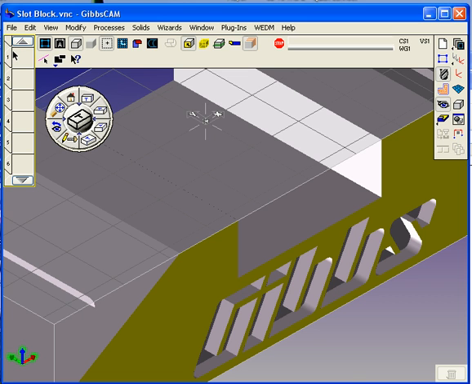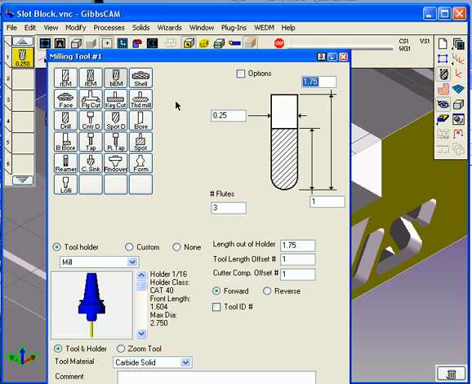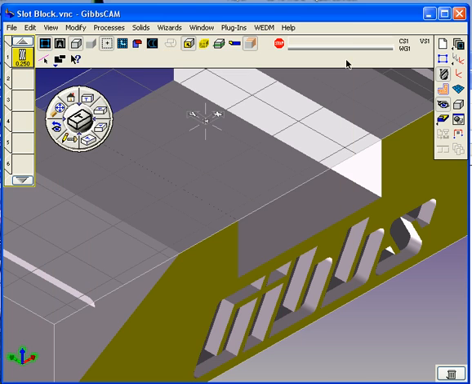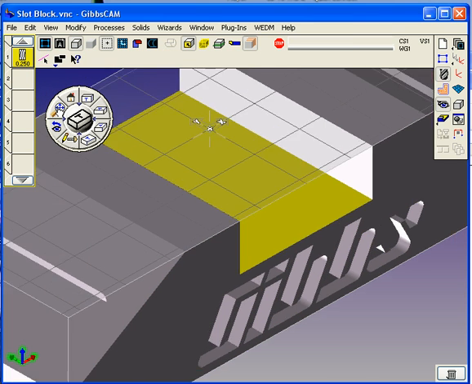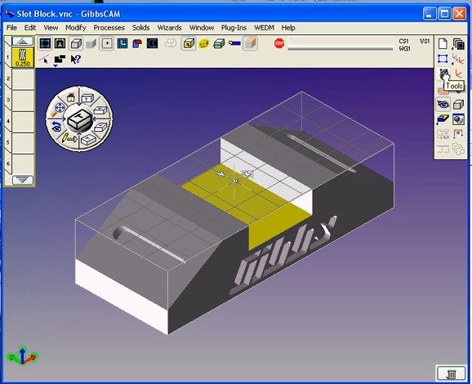So let's go make ourselves a tool. Let's just go with a 1/4 inch finish mill here. I'm going to call it a finisher carbide. 1 3/4 is a little bit big for that size tool. Let's make it 1 1/4 overall length, and about 3/4 inch of flute length for a 1/4 inch ball mill, or a carbide mill. Sounds a little more realistic. Okay, let me do an unzoom here to see what we're working on. I'm going to make a